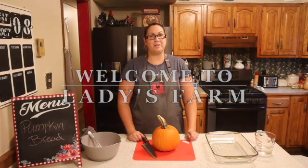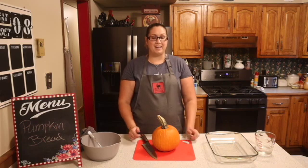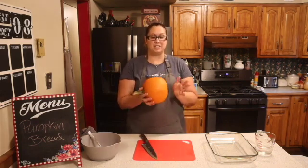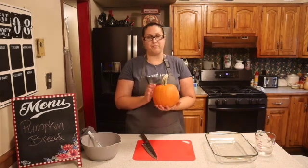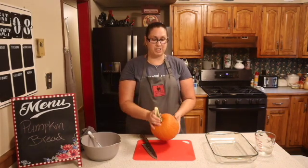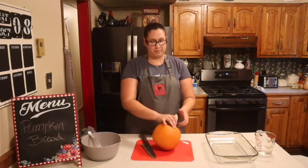So tonight we are going to be making some pumpkin bread, and I'm going to be using, once again, some real pumpkin. So let me show you how to do this. First thing, you want to make sure that you wash your pumpkin. I went ahead and washed it. Now we're going to remove the top,